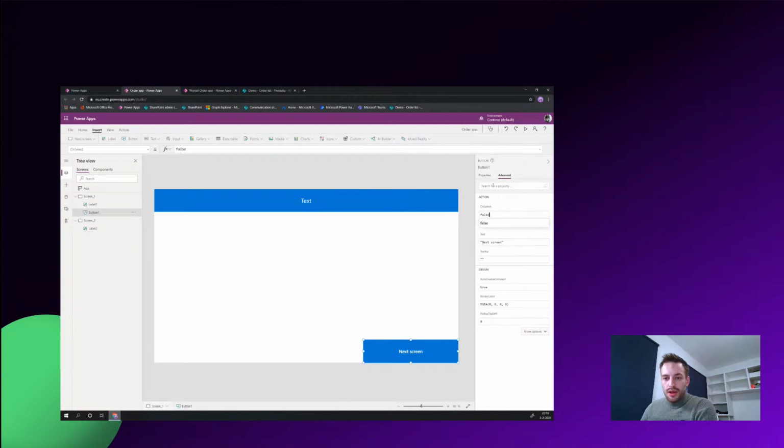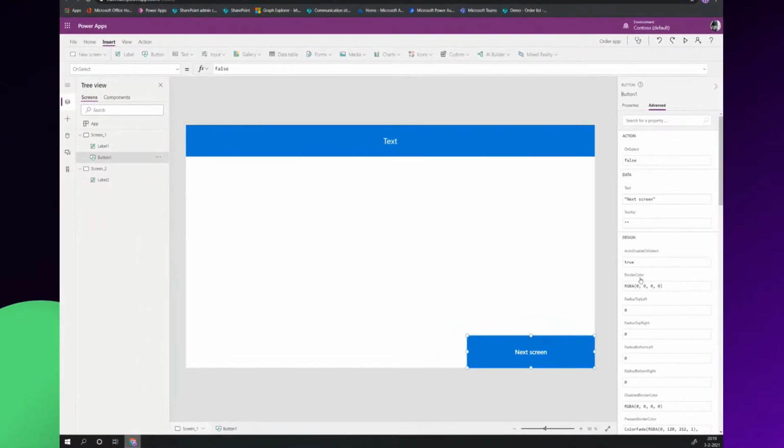And what I forgot to mention, but it's very important, when you go to the properties of the button and every other element, there's also an advanced section. Also here, we have more actions we can do and set for this button in particular. So here we have the unselect button. What we can do is tell it to navigate to the next screen when I press on it. So the code for that is navigate,